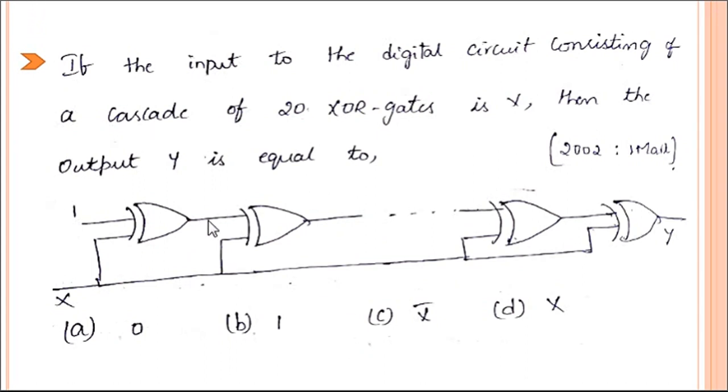So now what is the output of F1? F1 is 1 XOR X. From the two input XOR gate, we know that if one input is 1 and the other input is some literal, let us say it is X, then the output is the complement of the literal. That is, here the output is X bar. So now for the output expression for the second stage, that is F2, one input is X bar and the other input is X. Since it is X XOR X bar, the output value will be 1. So for the two stages, the output is 1. So for the 20 stages, the output of the XOR gate is 1. So from the given question, option B is correct.